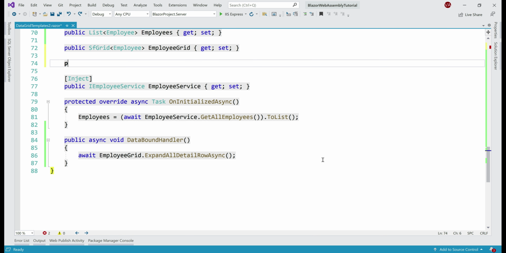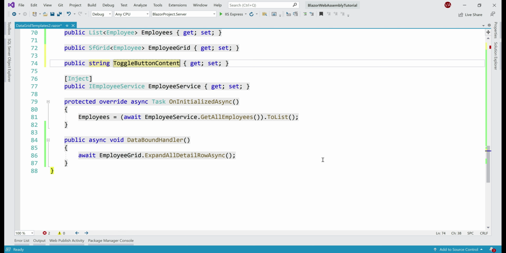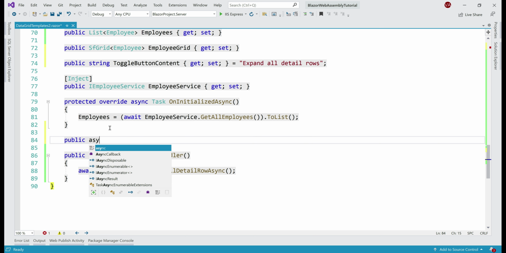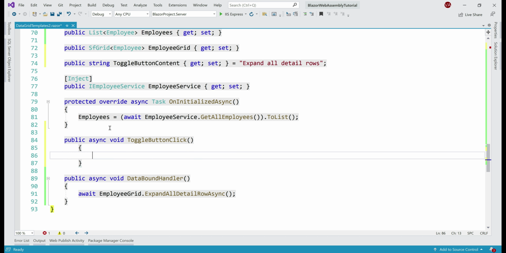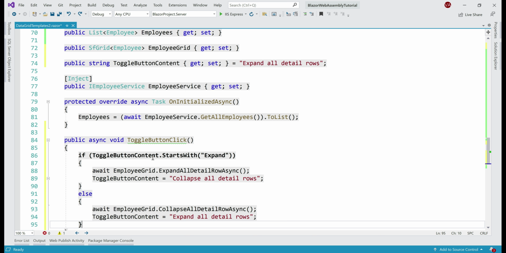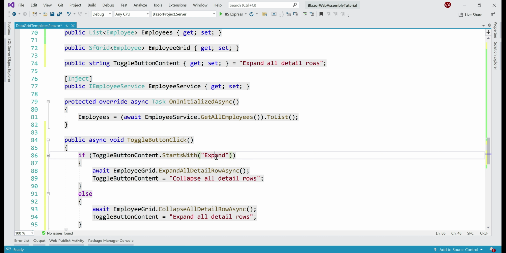First, the property. The data type is string and the name of the property is toggle button content. And let's initialize this property to expand all detail rows. Next, the click event handler method, public async void toggle button click. When the button is clicked, we want to do two things. First, check if the content on the button starts with expand. If it does, then we want to expand